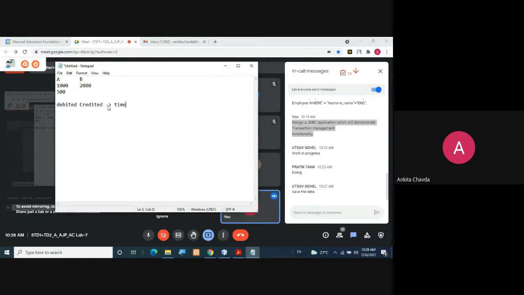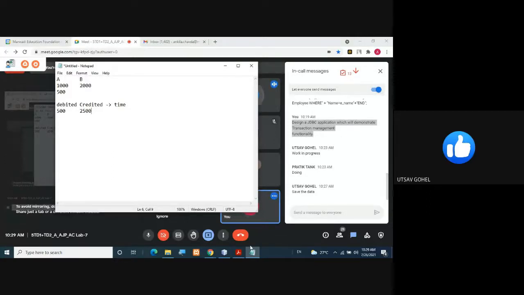It is not that one process has been done but the other has not. Both processes should be committed. I hope this is the concept from your DBMS, right? So here the amount would be 500 and here 2,500 at the end, since 500 is debited from the original amount of 1,000. Say yes or no.